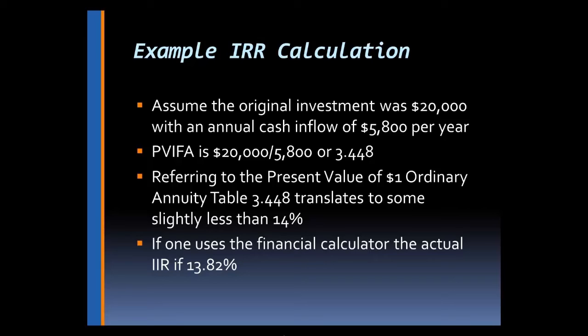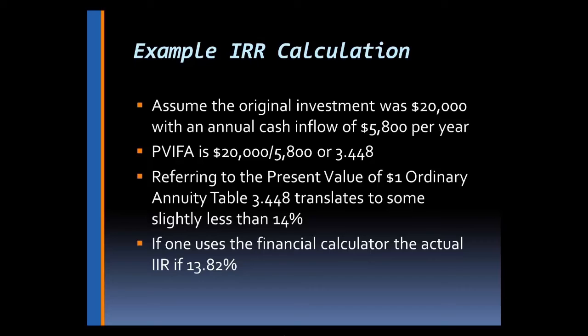Then you go to the present value of the ordinary annuity table and you look across to find in year 5 what discount rate is approximately 3.448. And if you look at the table, you'll find that it's slightly less than 14%. Now, if you were to use the financial calculator to find the actual internal rate of return, you'd find that the actual internal rate of return is